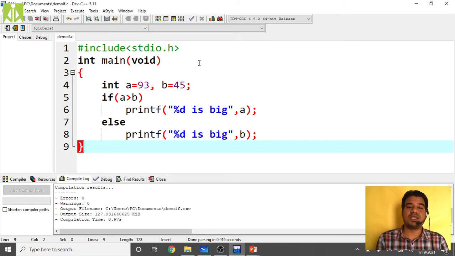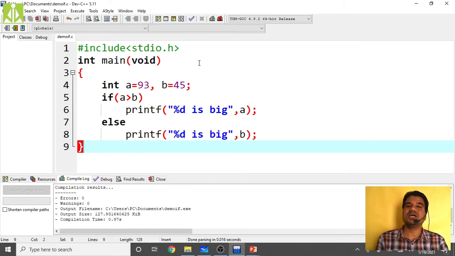Next, after this program, I want to show you something. Whatever values we are storing inside the variables, we have been initializing those values inside the program itself. But there is a way that you can read random values from the keyboard as well. When you are executing the program, at that point, you can read random values for your variables from the keyboard at the time of execution. That is also possible, and we can do that with the help of the scanf function.